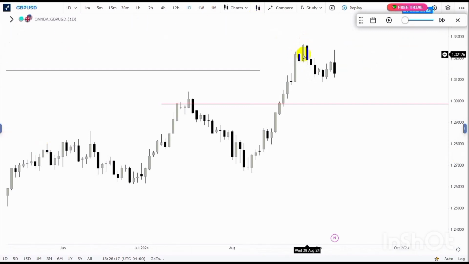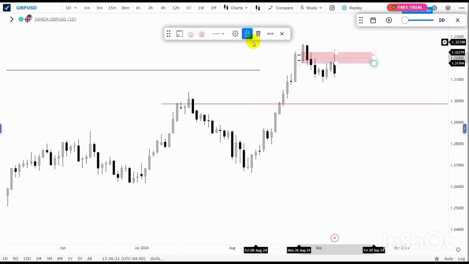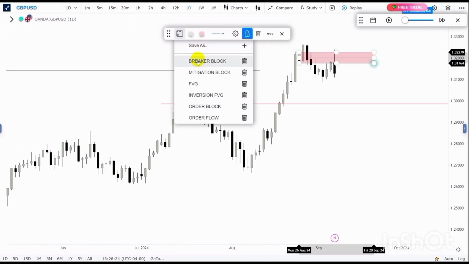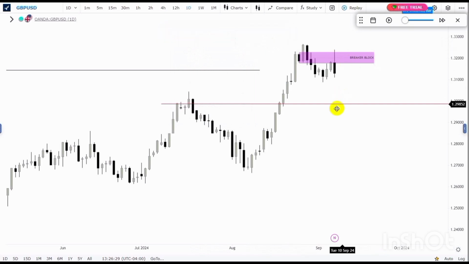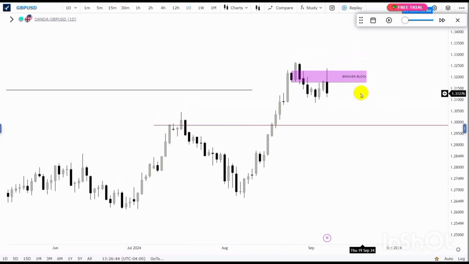You can see this is now a breakout block, and you can see how price returned to retest it. This is trying to show us we're expecting more bearish momentum to the downside, because this is the zone we identified from the weekly time frame where we are expecting price to dip lower and react before the bullish move to the upside. As I told you, we are more interested in the counter trend. So we're going to drop to a lower time frame and use the 5 minutes